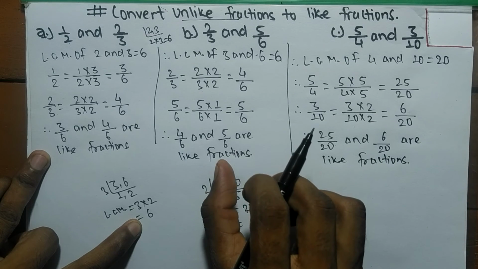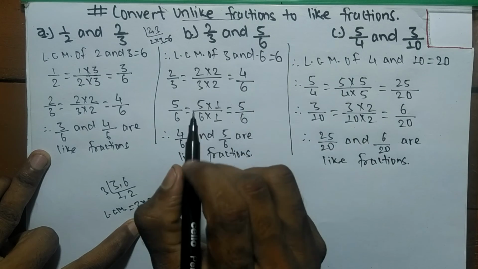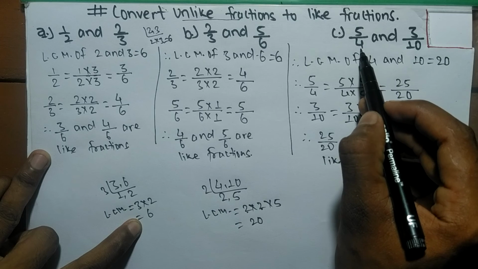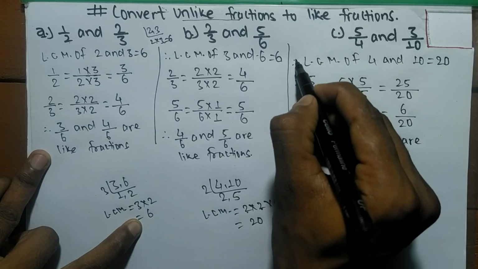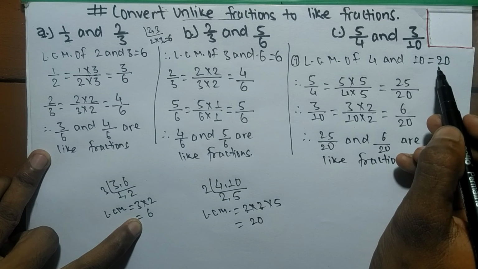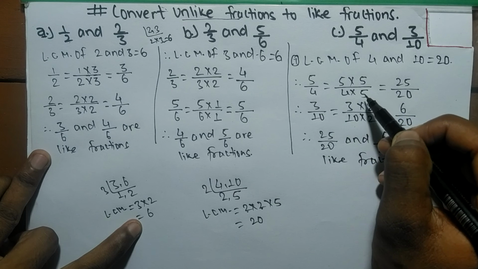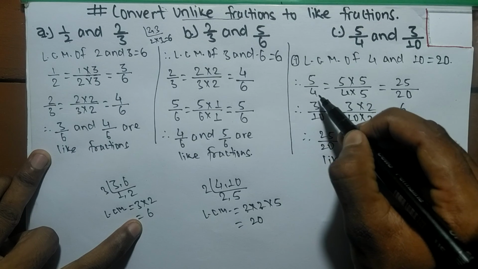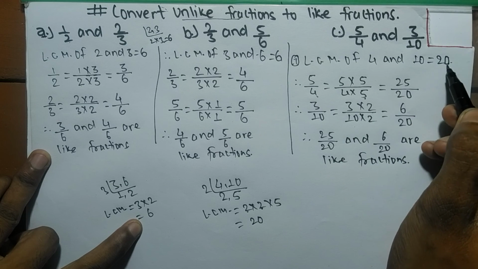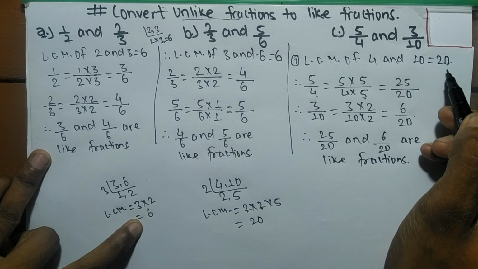So in this way we can convert unlike fractions into like fractions. What we have to remember is, first of all we have to take the LCM of the denominators, the first step. The second step is, after taking the LCM, we have to divide the LCM by the denominator. So 20 divided by 4 means 5. Like this, 20 divided by 10 means 2, and we have to multiply the quotient with